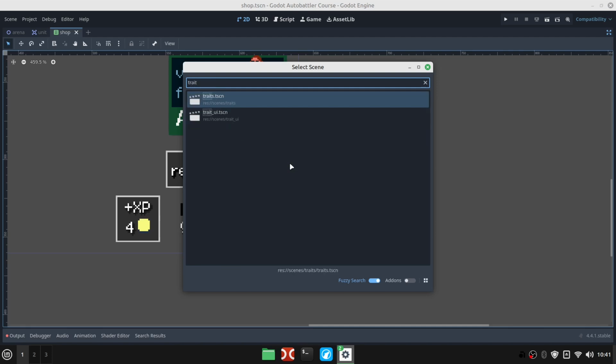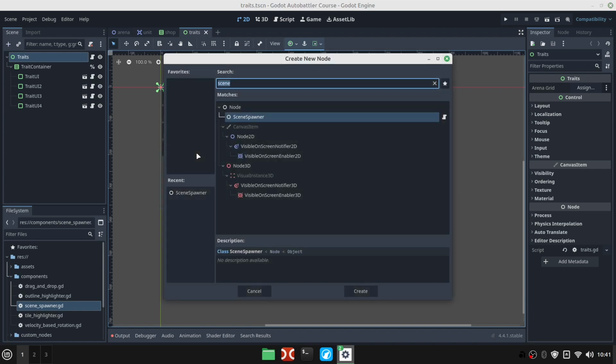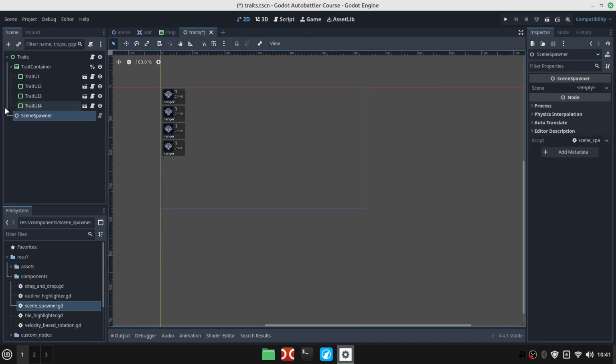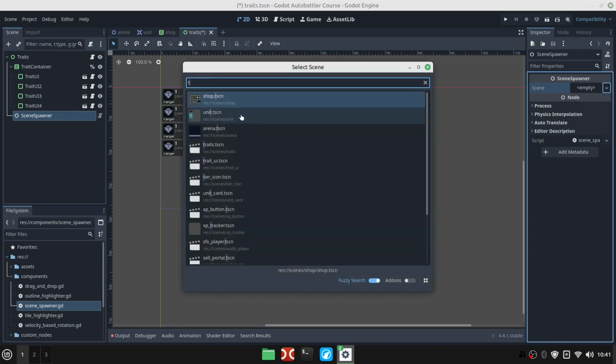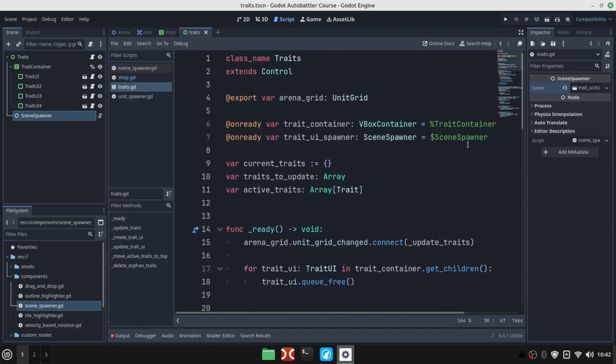search for traits.tscn. And here we need to add a scene spawner too. Press Ctrl A or click on the plus sign. Scene spawner is fine. And the scene we'll be using, click on the arrow and quick load trait_ui. Save the scene with Ctrl S, and now if I click on the script, we should be good to go